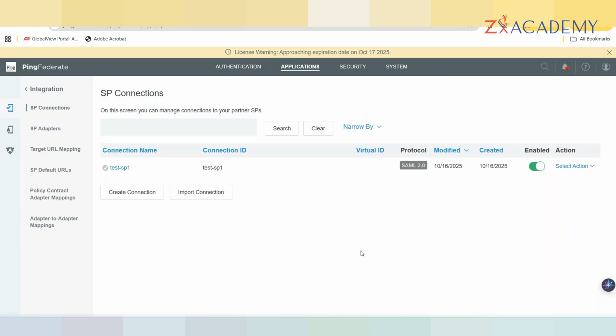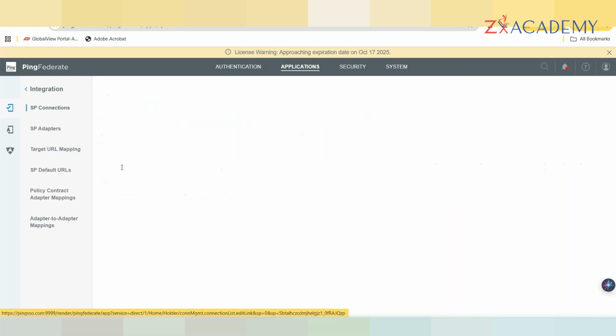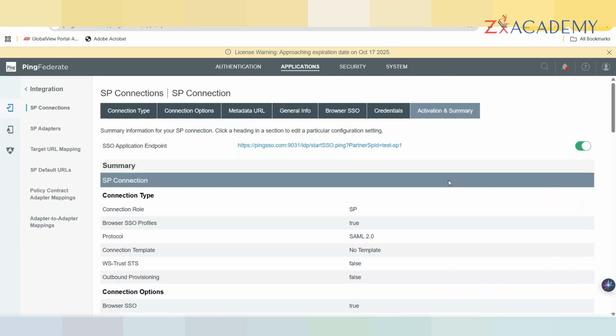So now test-sp1 is completed, right? So let's do the testing. Click on the test-sp1. You can see when it was created and when it was modified on the right hand side. Okay, getting my point? So when you create a configuration, you have one URL at the top, right? One URL got generated. That URL is known as the